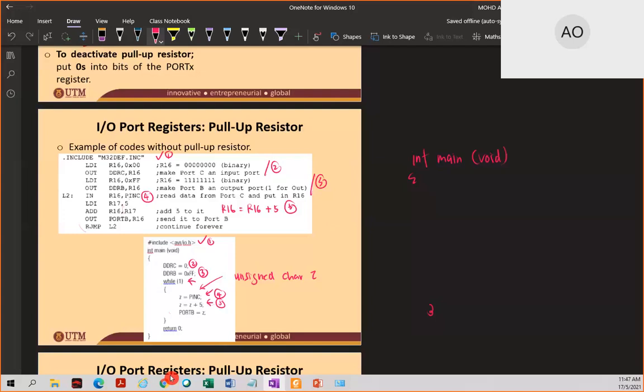So how to do it in C programming? PORTB equal to Z. So this is number 6, and number 7, this is number 7, and this is number 7, the Y. Okay, you see here,